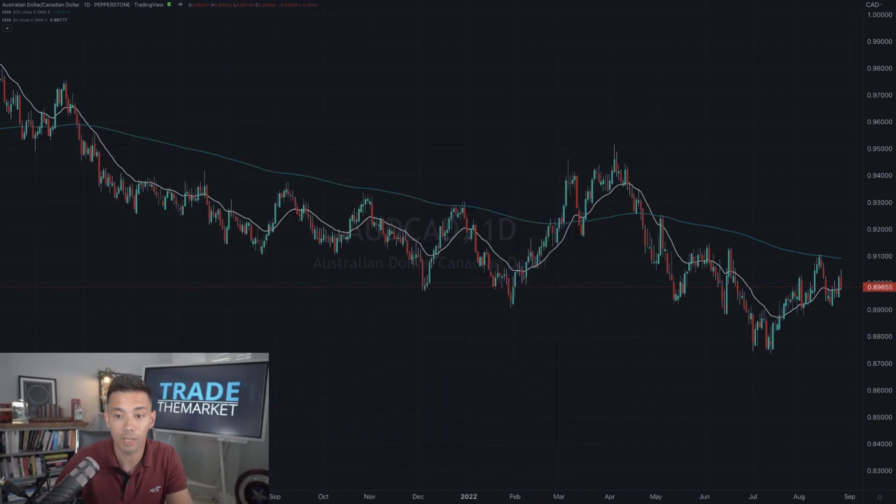Now, we'll start off by looking at the Aussie CAD. The Aussie CAD here, as we can see, has been in a downtrend. It's been pulling back for the last month or so. Since mid-July, you can see that it made a low at 0.8737. It's then pulled back since then. It threatened to sell off a couple of weeks ago, and then we had a bit of a pullback, a bit of consolidation. The market then last week, and particularly on Friday, gave us a bearish candle there, and it looks like the market might start to sell off from here.